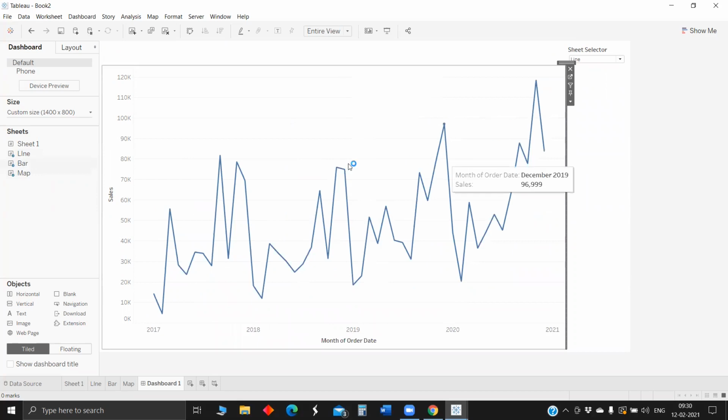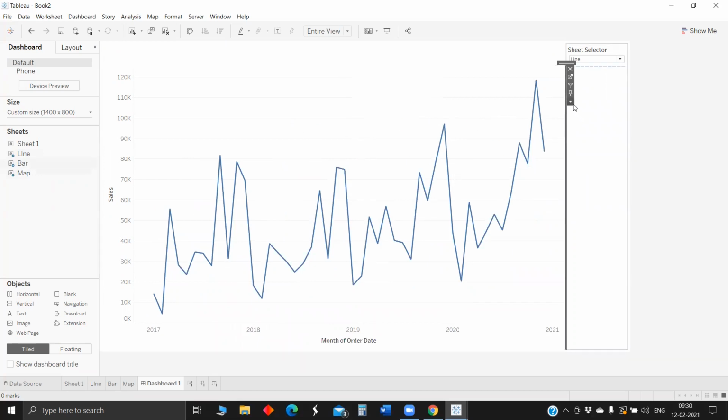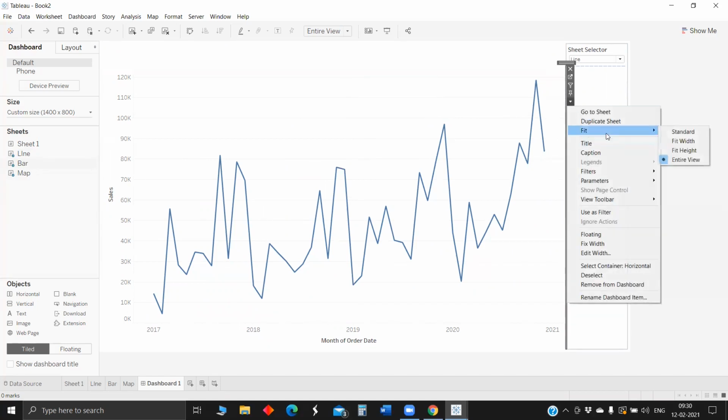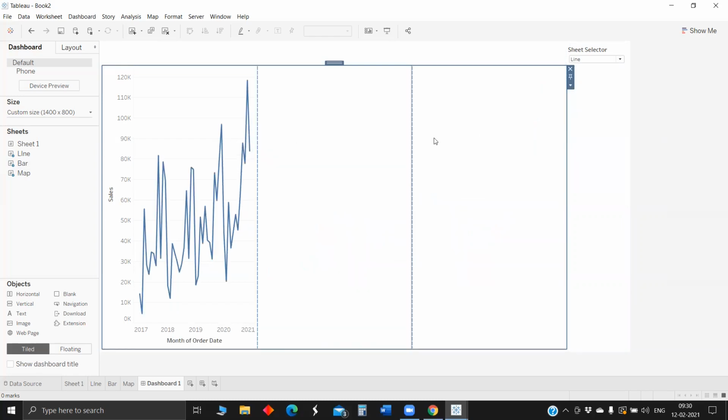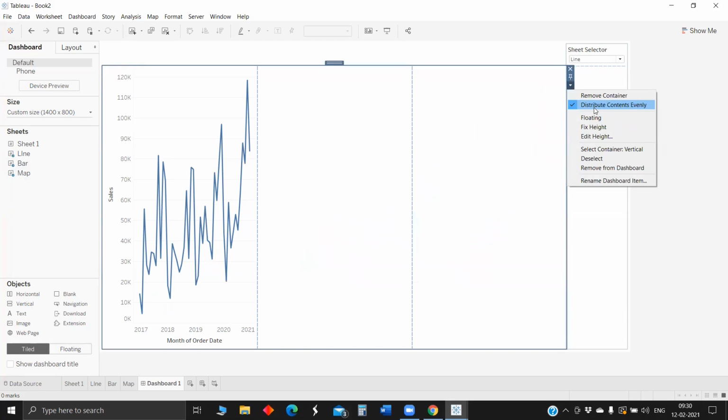Now we've got the entire thing. Another thing I would like you to check in this case is, once you go here, there will be an option when you select the container, distribute contents evenly. You have to make sure this is not checked. Once it's checked, what happens is the other 2 visualizations, though there is no content, will have space occupied for the visualization and it will show something like this. So once you make this type of sheet hiding feature in a dashboard, you have to make sure this feature is unchecked.